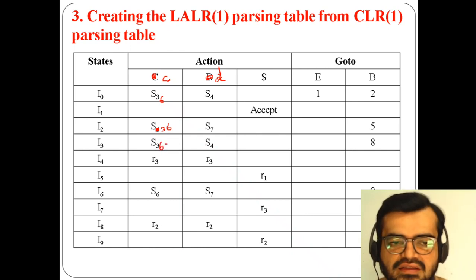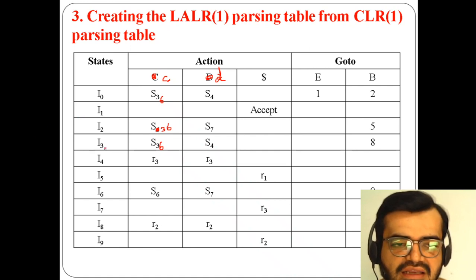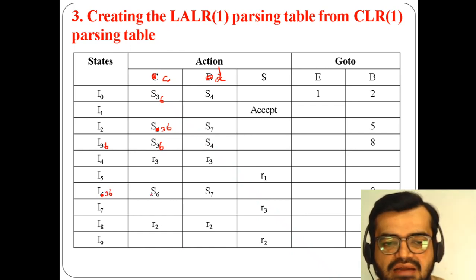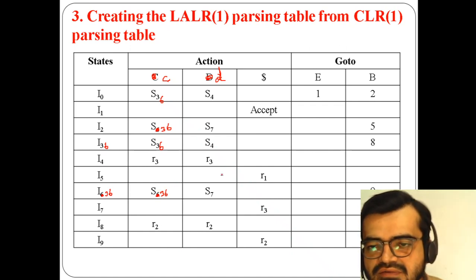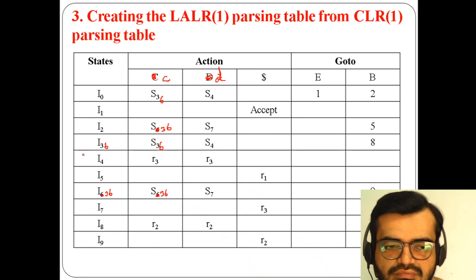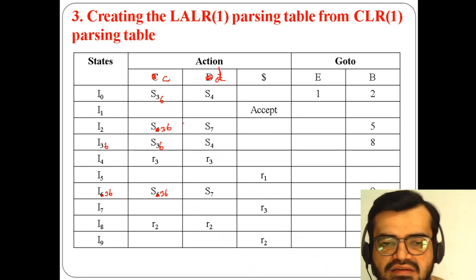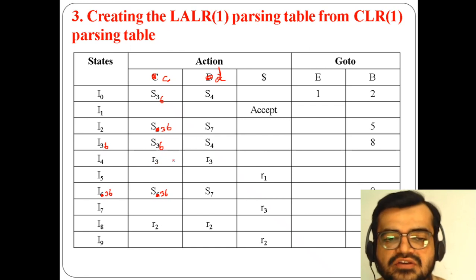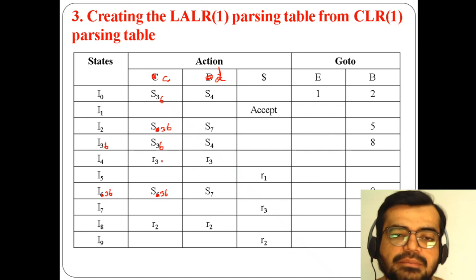So here I'm merging in this way. Wherever I3 is there, I need to make it I36. Wherever 6 is there, I need to merge them as I36. And here you can find I36, S36, and we need to leave aside the reduce operation. We shouldn't merge in the same way in reduce. Reduce will be kept aside.